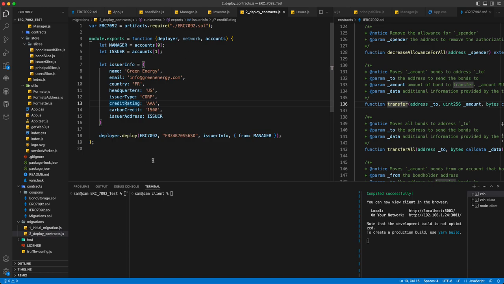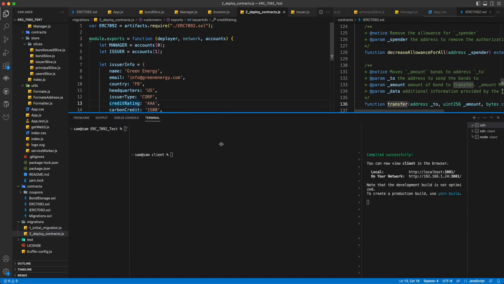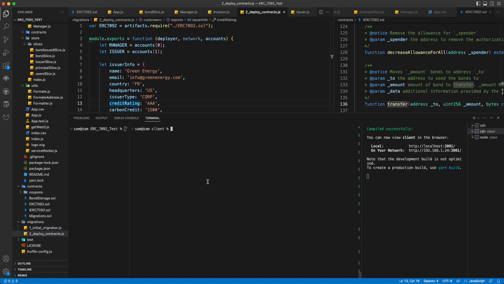When deploying this contract, it will automatically define some information about the issuer. So let's start by deploying the contract. I will come here and type truffle. So I have the command here. The command is truffle migrate --network development --reset. When I click on enter,